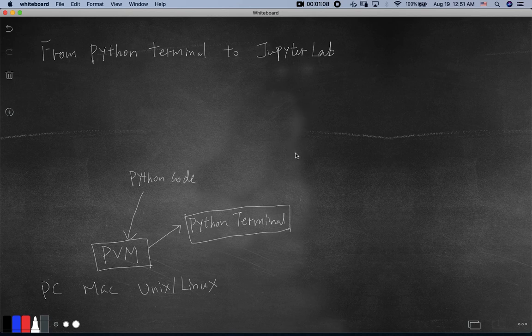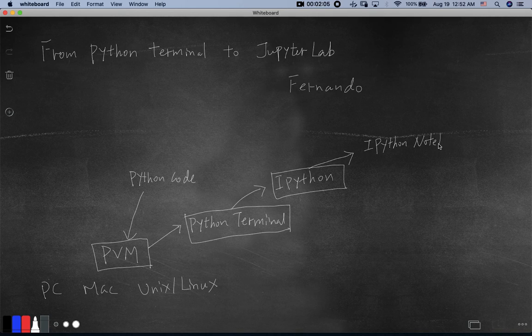You try to interact with the Python terminal. Someone wants to do some scientific research, and he wants to do more than just write Python code. You know, he wants to create something, let's say a chart or some math formulas, and maybe somewhere he can write some notes. So the guy's name is Fernando. He's the creator of Jupyter. He wants to create something more powerful and more convenient than the Python terminal. So the first thing he did was create something called IPython, right? In IPython, as you're going to see, it has more features and more colors to help write Python code. And later on, he created something called IPython